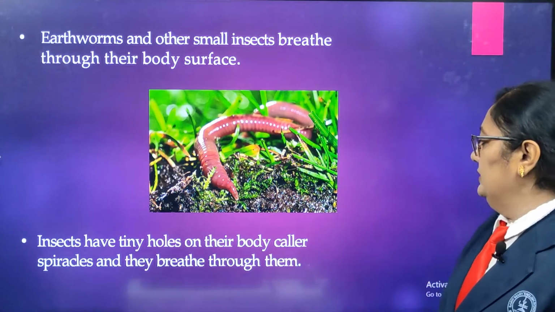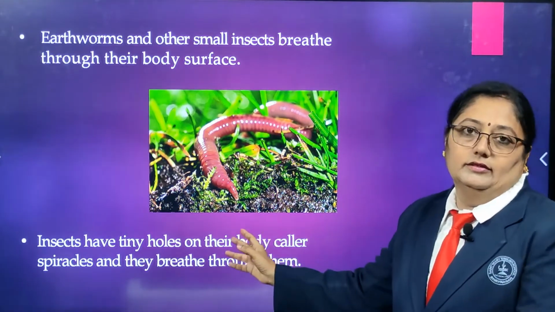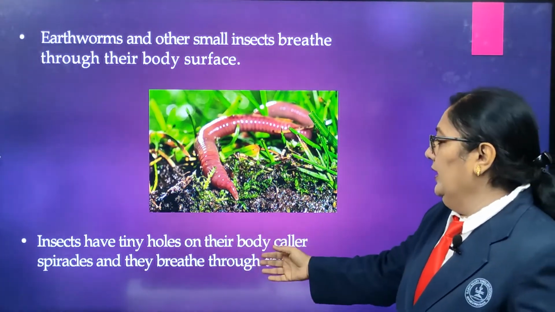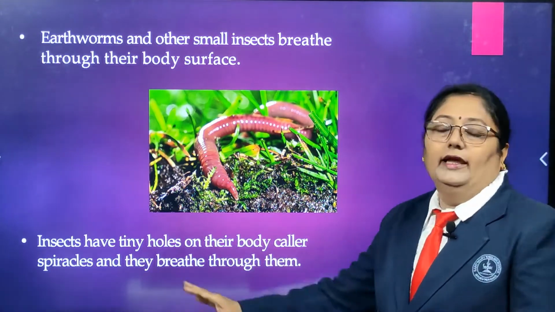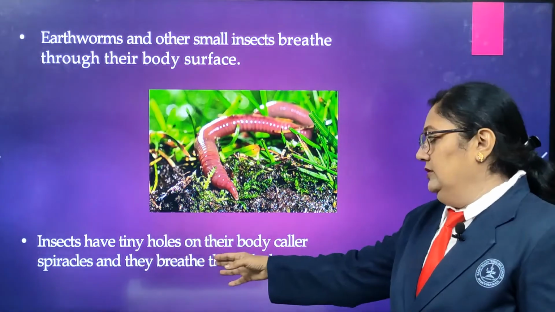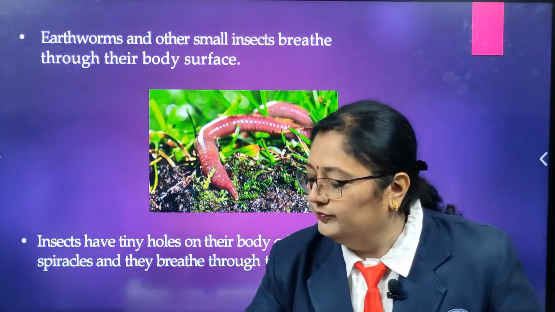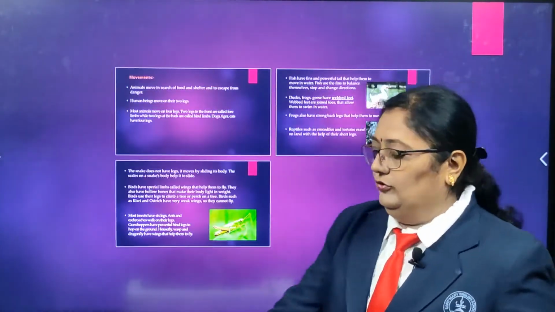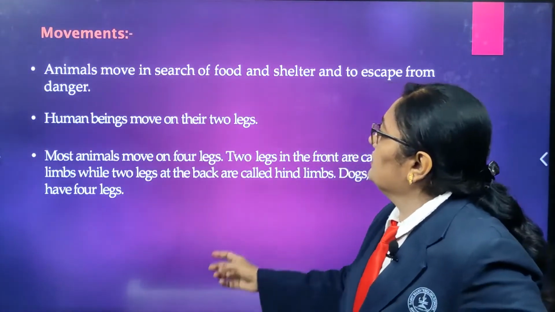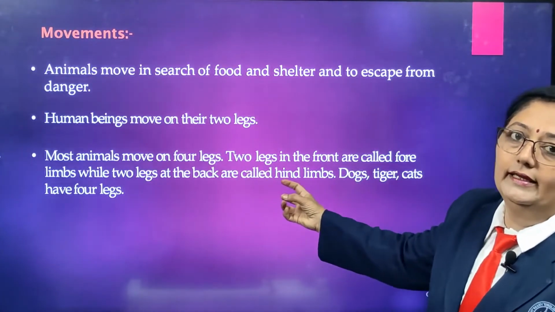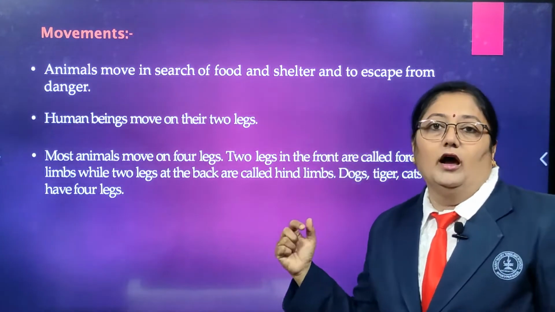Then there are a few insects, like cockroach and all. They have a few holes on their body and those are known as spiracles. That is the organ through which they breathe. Now we have seen the breathing techniques, then we talk about the movements, how all these